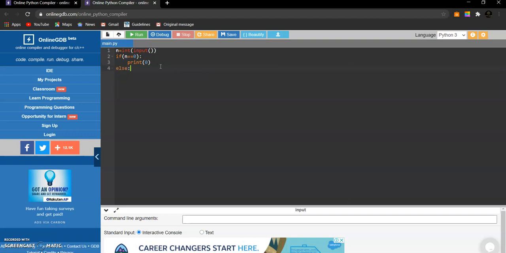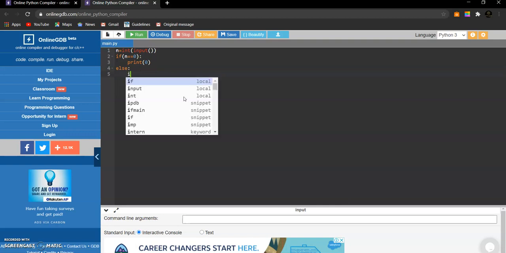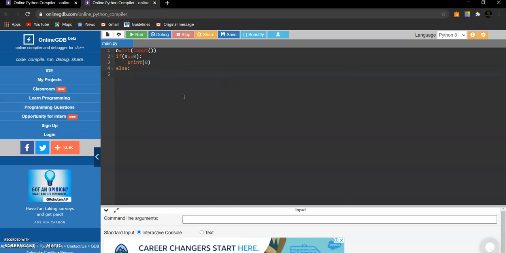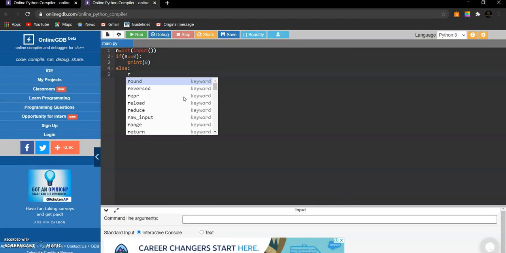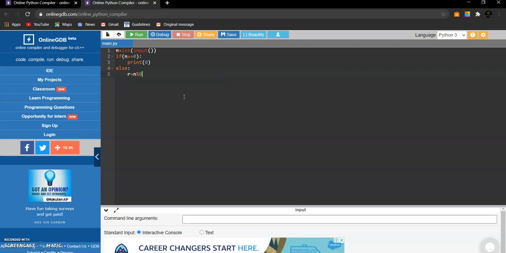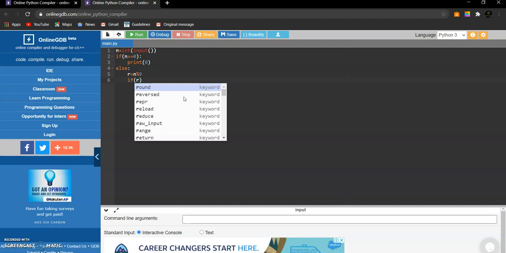Else we need to check. Let's store r as n modular 9. We need to check if r is 0 because, as I have demonstrated previously, when 54 modular 9, we'll get 0, but the digisum of that number is not 0.